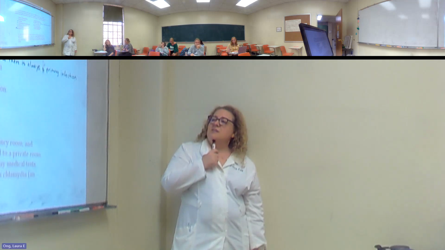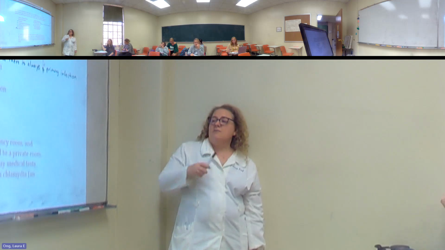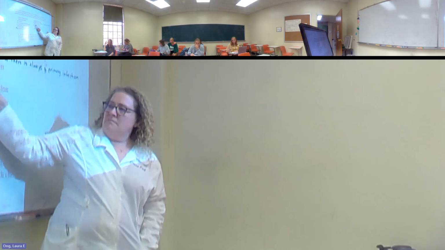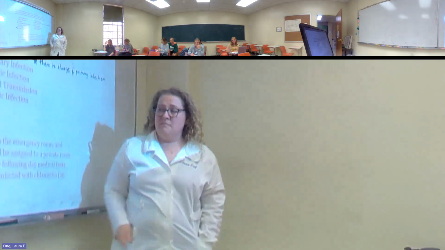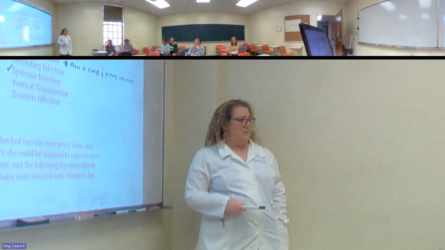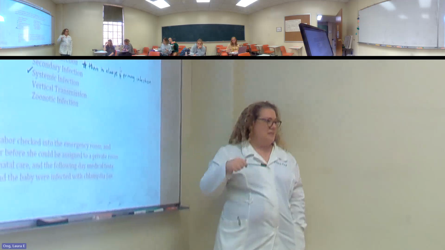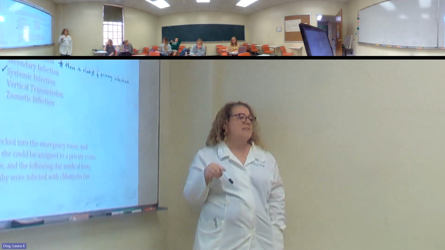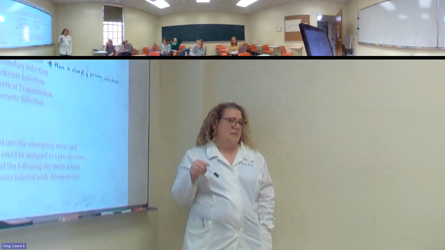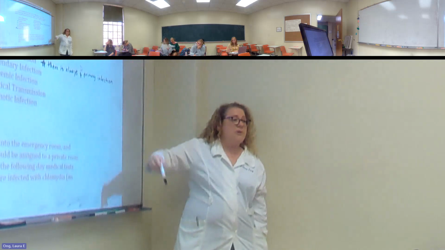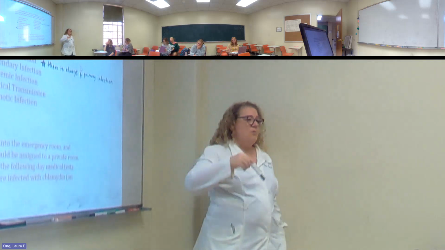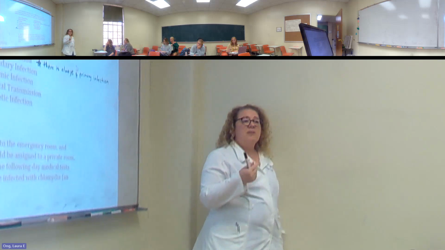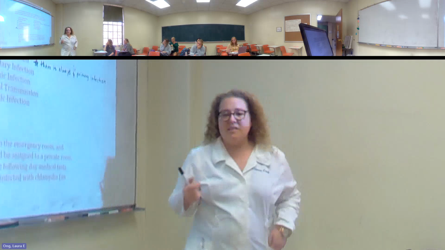Not vertical, not zoonotic. We had a fomite. So that C part could have had seven answers to it. And the way that I set up the test is I will give you a certain number of scenarios and I count up how many correct answers there are. And then I assign the whole page points. And if you get more than the assigned number, which is less than how many there are, it becomes bonus. So for example,